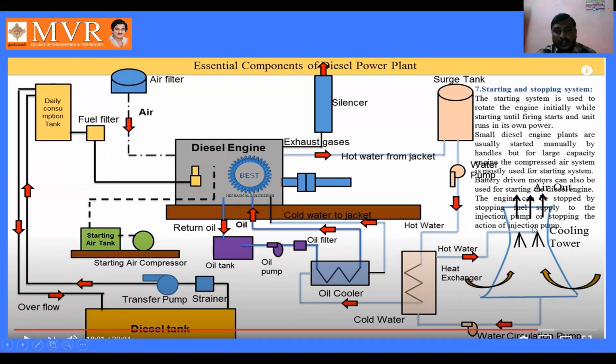We can observe here that the starting system is used to rotate the engine. Here we have the starting air compressor. By compressing the air, we get pressure, and this pressure air is sent into the engine system. Due to this pressure, combustion takes place without any external agent, such as